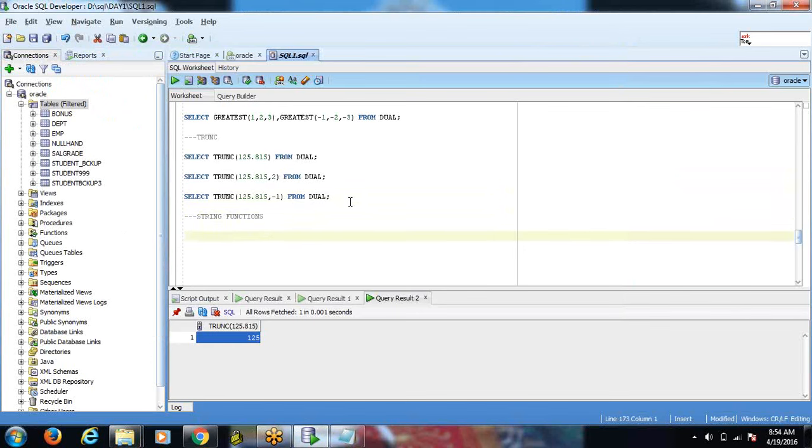Suppose I am giving a particular string value in this init cap like this. Select init cap of some data from dual. I'm writing.